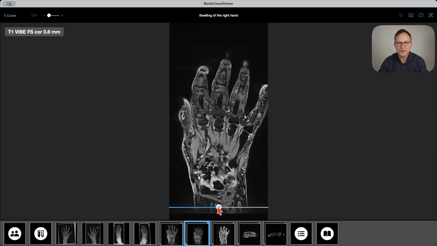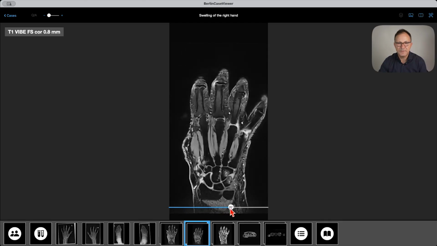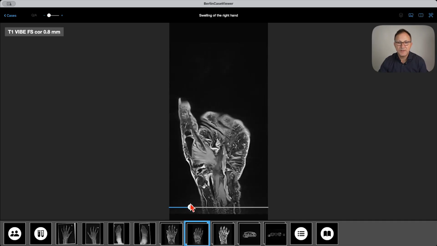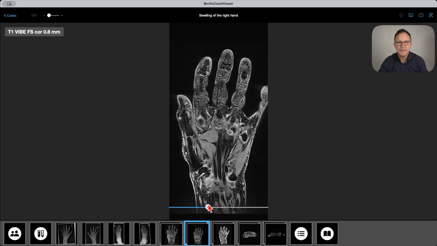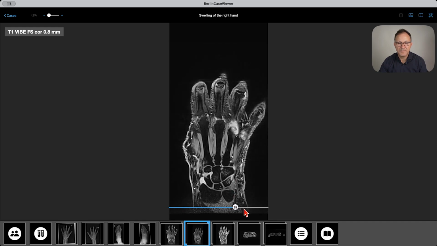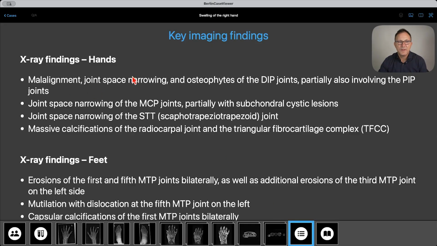So in total, we have now evidence of erosions that we were not so sure about based on the X-rays. So we also see a lot of synovitis in joints that are a typical location for rheumatoid arthritis. That is the interphalangeal joint. These are the MCP joints. These are the radiocarpal joints with also some effusion over here. So in total, we see a mixture of X-ray related changes, and that is joint space narrowing, osteophytes, and calcifications, but not so much erosions.